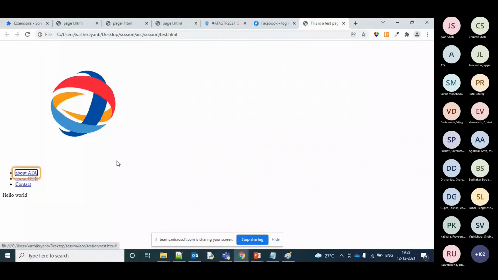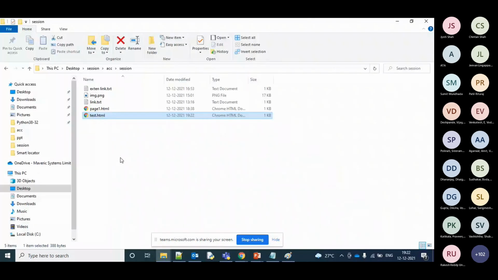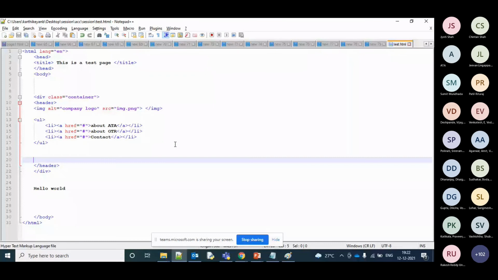So again, we should be using proper abbreviations. It read out ATA as ATA. About GTR. Okay, this was pretty good. Internal link list item. It said it's an internal linked list item if you would have heard it. And contact. Internal link list item. So whenever you're trying to internally link within your page, we can make it with a hash, and then that will be able to take you to the internal one and note it clearly.